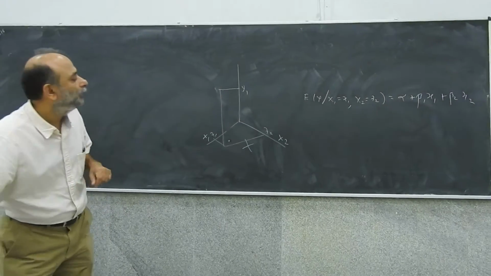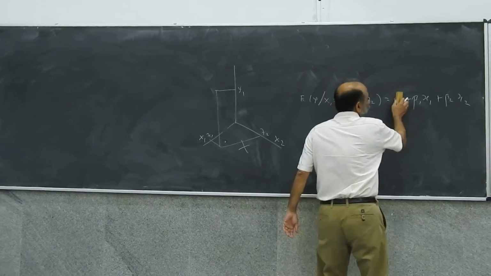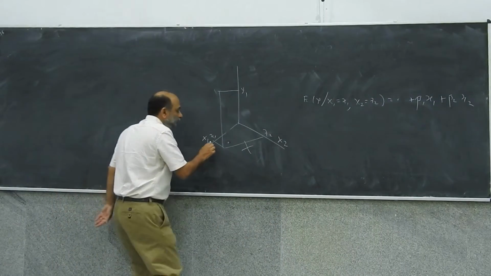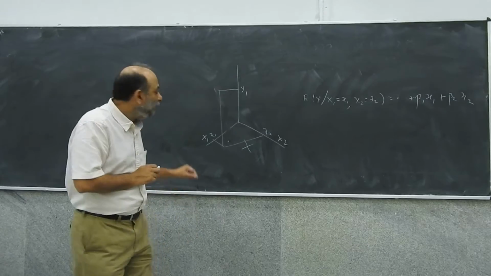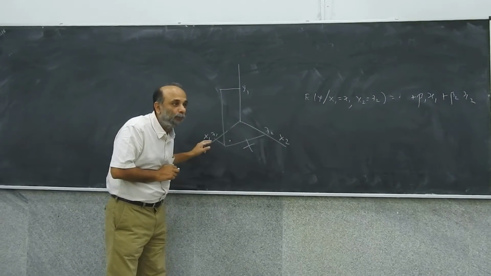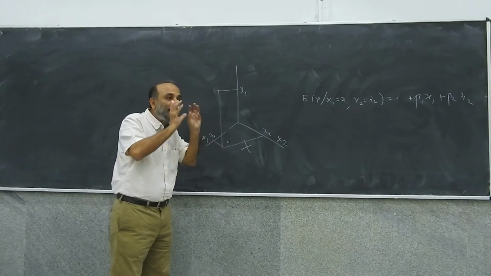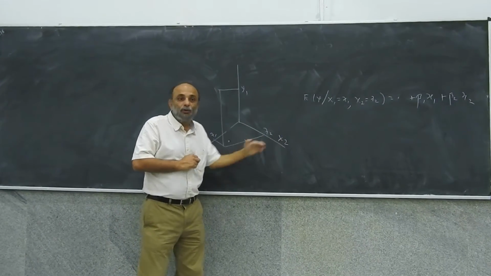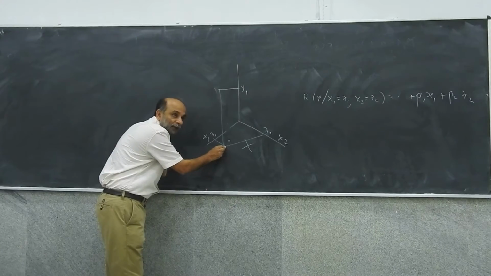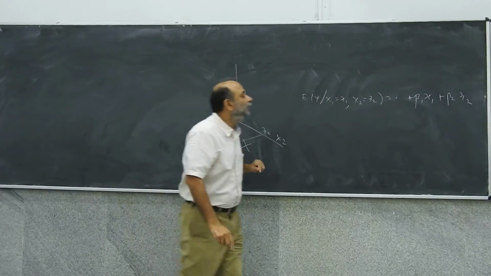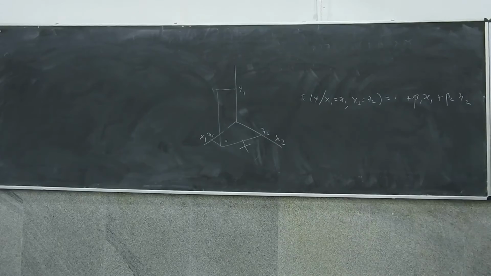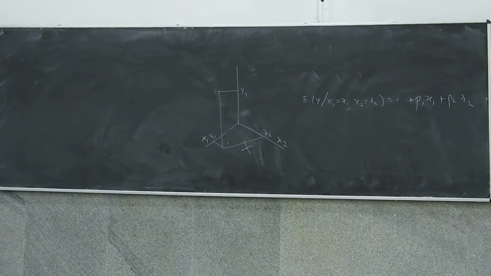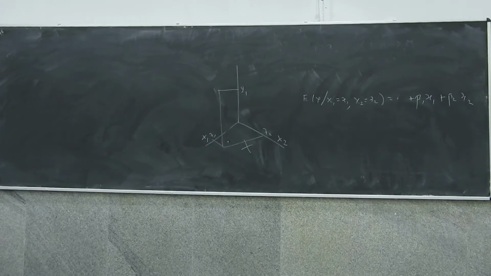Okay, if at the moment you are willing to neglect this alpha, then what are we really saying? Any point in this x1, x2 plane, now again think back to your maths, can be represented as a linear combination of the x1 vector and the x2 vector. So we are looking for points here in this plane which are the representation beta 1 x1 plus beta 2 x2.